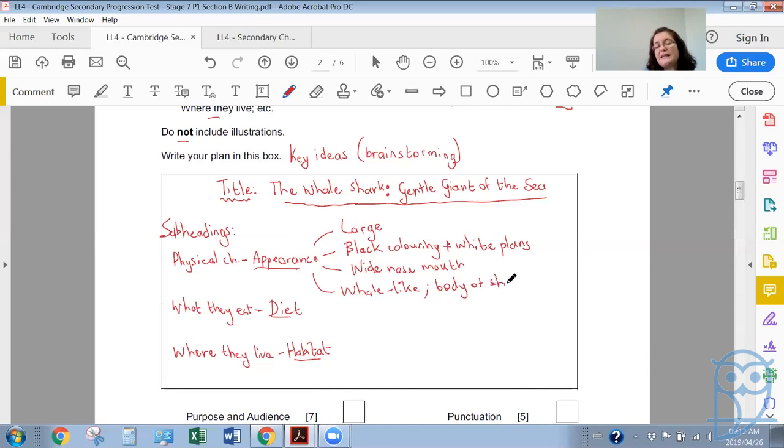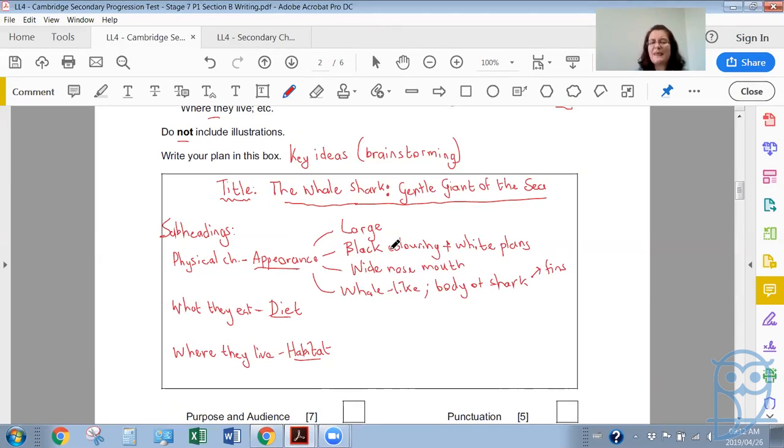So you'll see that it has fins. You know, you get different kinds of fins. You get the dorsal fins on the side. You get the pectoral fin at the top, okay? Those are part of the appearance of the whale shark. So yes, it's whale-like, but it's more shark than whale, okay? So that's the kind of things that I know just off the top of my head